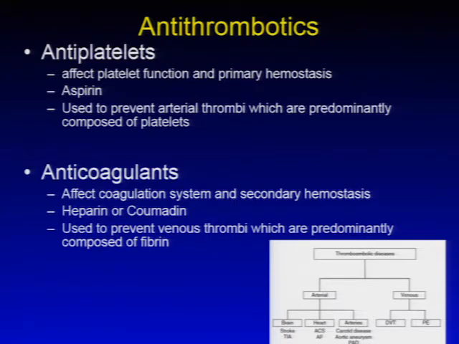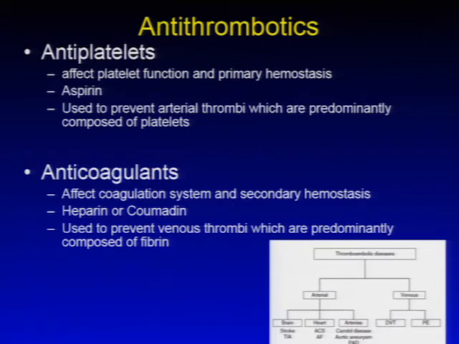the antithrombotics. First, there's antiplatelet drugs. And again, we'll go into more detail about each one of these categories. But just very basically, antiplatelet drugs affect platelet function and primary hemostasis. The prototypical example that we think of is aspirin. Something I think is important is that these drugs in general are used to prevent arterial thrombi as opposed to venous thrombi. And these thrombi are predominantly composed of platelets,